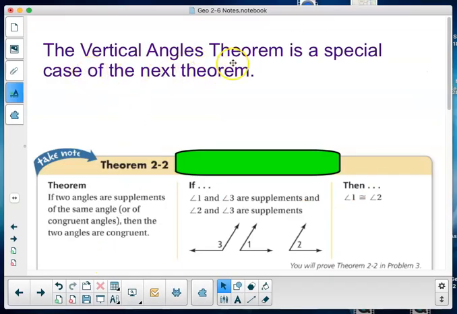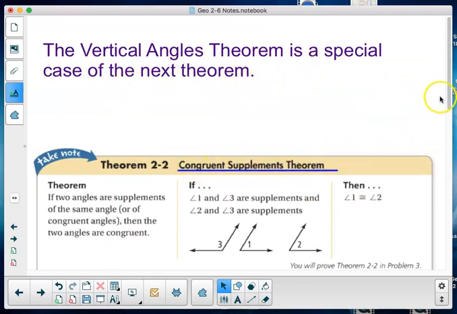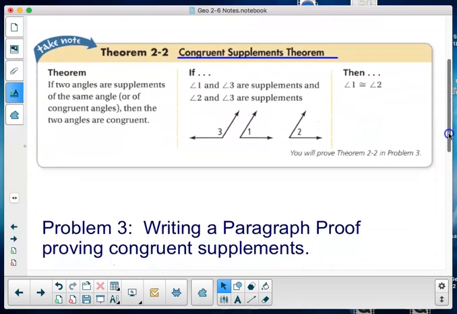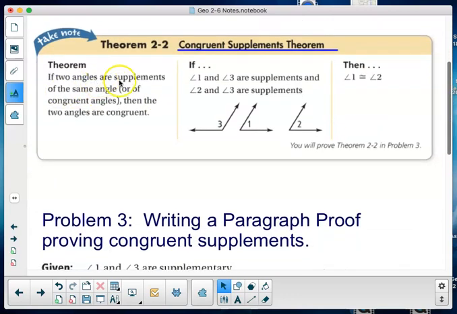Now, the vertical angles theorem is a special case of our next theorem, the congruent supplements theorem. If two angles are supplements of the same angle or of congruent angles, then the two angles are congruent. So if I know 1 and 3 are supplements, meaning they add to 180, and I also know 2 and 3 are supplements and they add to 180, I've got to be thinking about